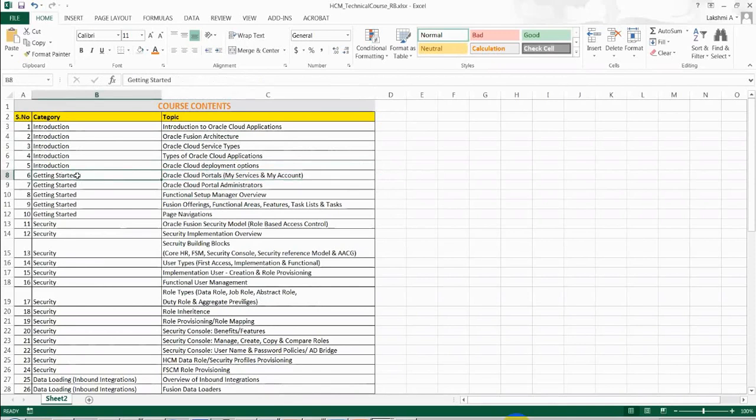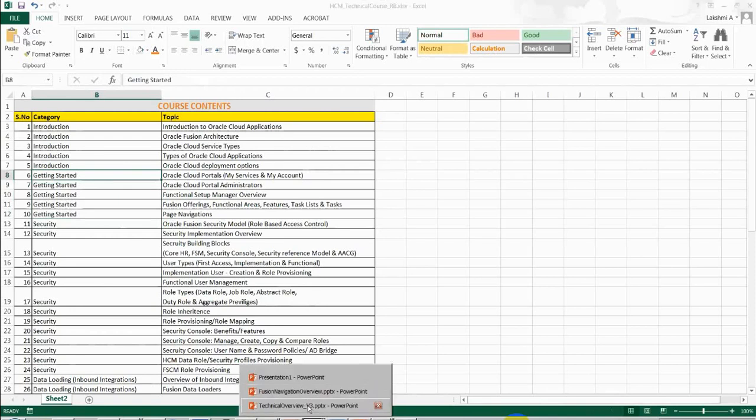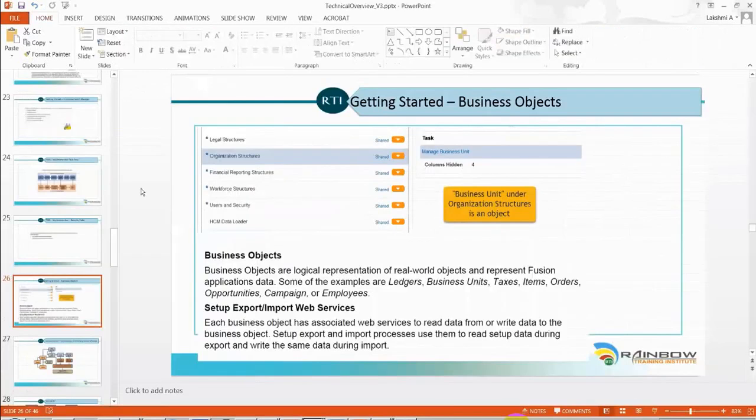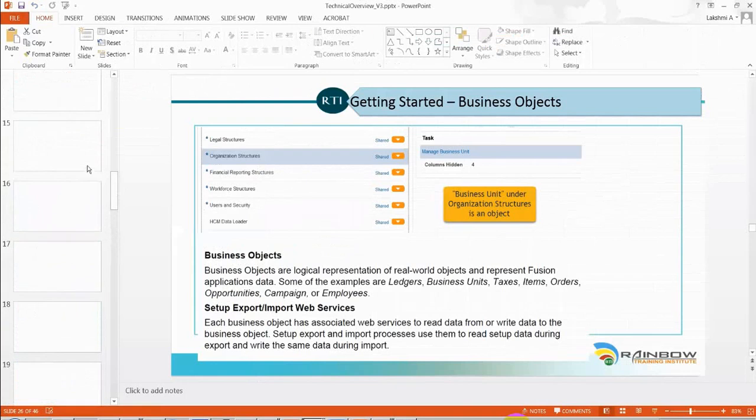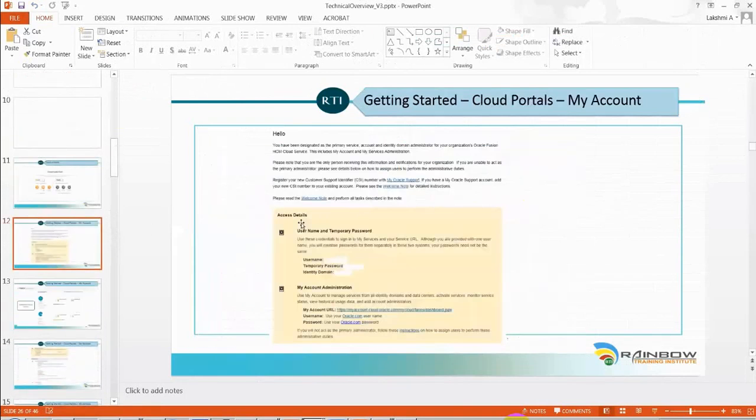And I have shown the screenshots of how my services and my account look in the getting started. Getting started is when we start to implement the Fusion applications, and the administrator receives emails like this.